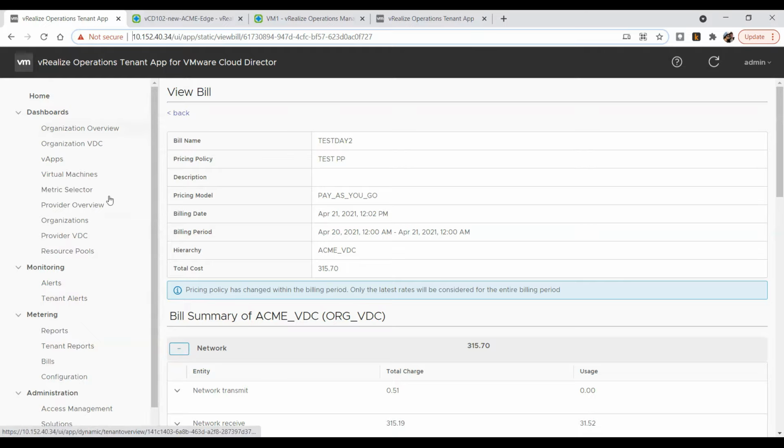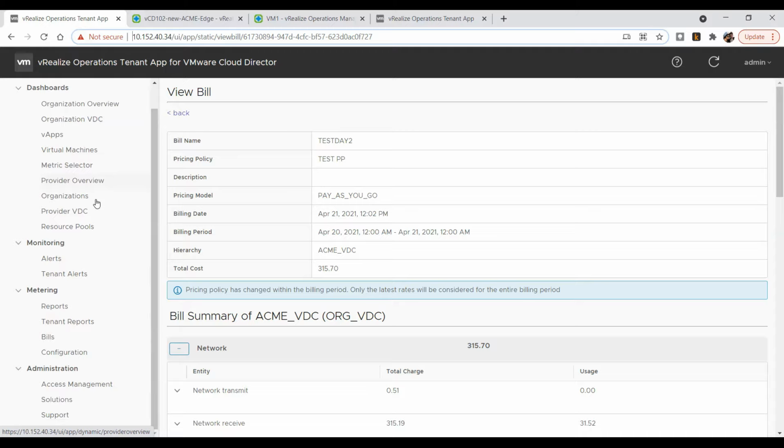For those who haven't seen Tenant App before, just to give you a quick idea of the distinctions that we talked about, all of these dashboards here will give you a quick overview into the usage and the bills that are charged against these individual elements. So this is my view as a provider, but as a tenant you also get to see a similar view filtered to your own